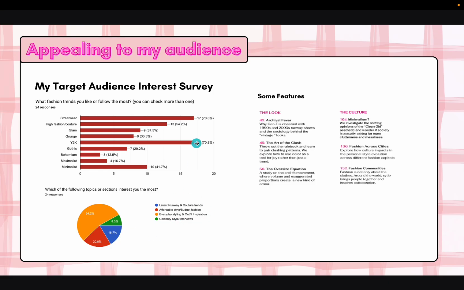We can see some of these things in here. The color of the hot pink, the artistic outlook that I was talking about in the last slide, using the 90s and 2000s references to the Y2K, using terminology that is more young, Gen Z, clinger, messiness, clutterness, the oversize, and fashion as a community.